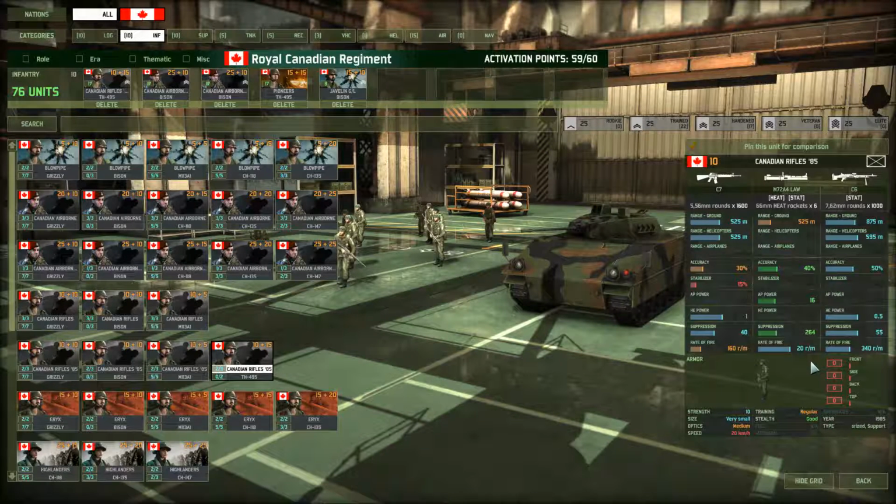These guys are really good actually at popping lighter vehicles with that fast rate of fire and defending cities because the C6 is actually a really powerful LMG. It's got nice accuracy, it's got high suppression, which is a lot more important value than people give it credit for, and also has high rate of fire. So this is actually a very powerful machine gun. For only 10 points, these guys aren't a bad value, and then they come in this